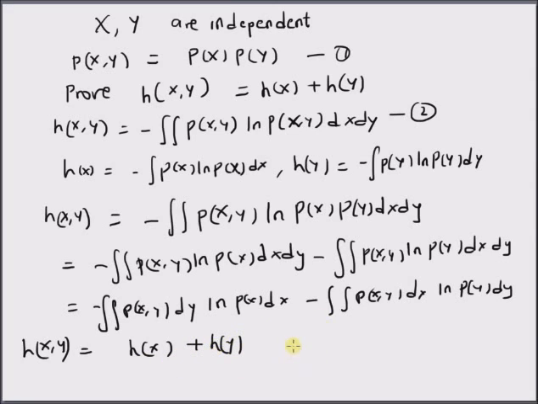By extension, this theorem can be applied to multiple random variables that are independent of each other. That is, for H(x1, ..., xm), where there are m random variables that are independent, the joint probability density is equal to the product of the individual or marginal probability densities, and then their joint entropy is equal to the sum from m equals 1 to capital M of H(xm). So it is the sum of the individual entropies. Thanks for watching.